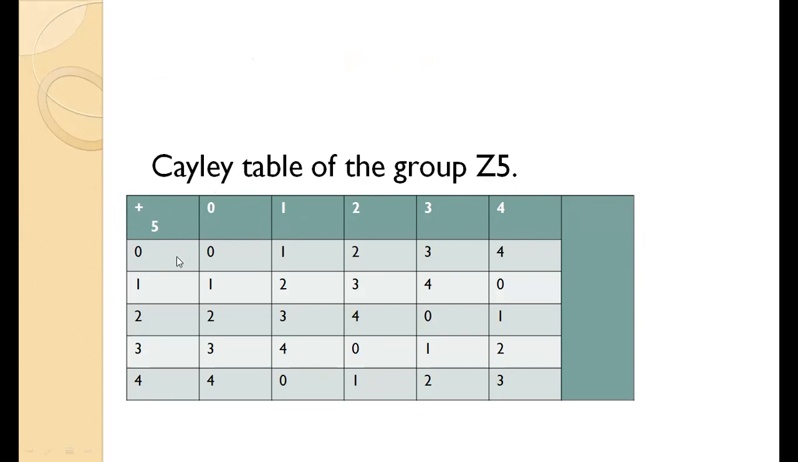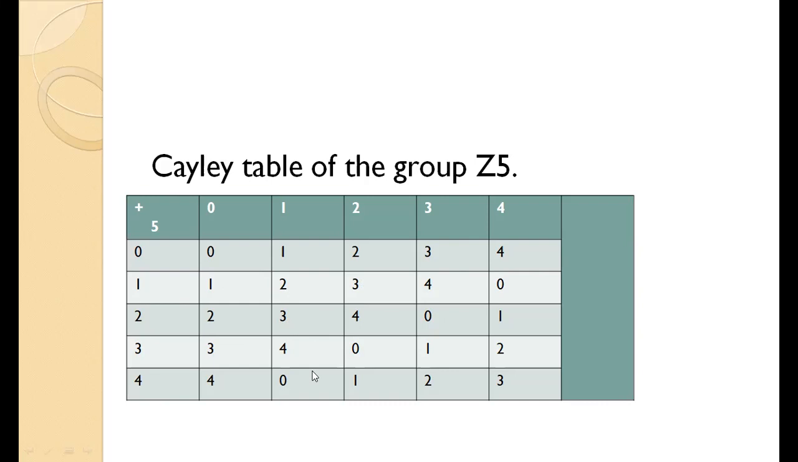So add these elements. For example, 0 plus 0 is equal to 0, 0 plus 1 is equal to 1, 0 plus 2 is equal to 2, 0 plus 3 is equal to 3, 0 plus 4 is equal to 4. Similarly, 1 plus 0 is 1, 1 plus 1 is 2, 1 plus 2 is 3, and so on. Write all these elements, and we reach 4, and 4 plus 0 is 4, 4 plus 1 is 5. Why do I write